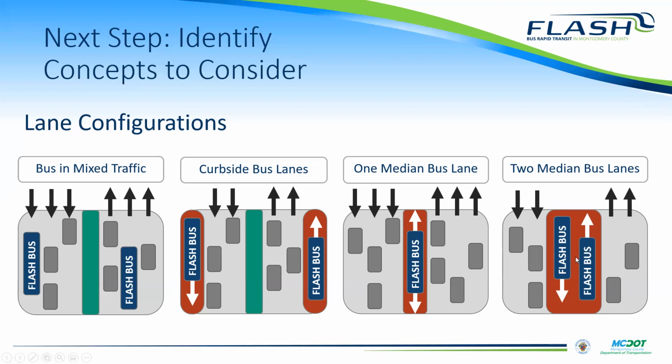Another comment in the chat: agree to different treatments. North of White Oak to Cloverly should be some sort of curbside bus lane system. Yeah, as we go further north on the corridor, there's obviously a lot less congestion, and it's far more free flowing than it is further to the south. So I think ultimately we'll definitely be looking at some alternatives that mix and match depending on the needs of the particular segments along the corridor. So yeah, thanks, Eileen.